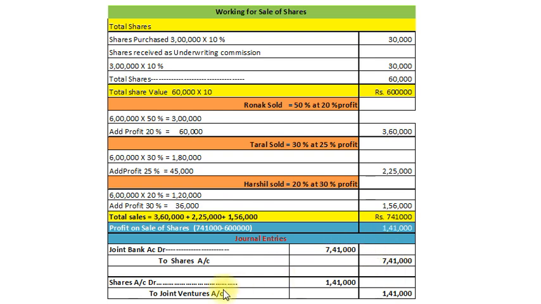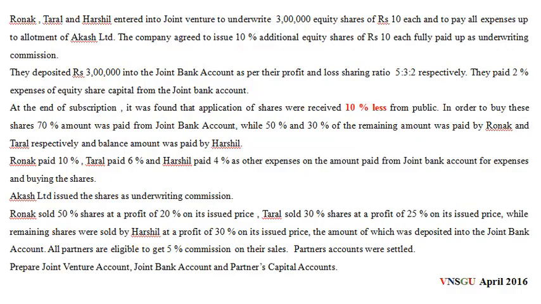And for profit we will pass second entry, shares account debit 1 lakh 41,000 to joint venture account rupees 1 lakh 41,000. Dear students, this working is very important to record for joint venture. First of all, 7 lakh 41,000 will be recorded in joint bank account on debit side, and only profit part will be recorded in joint venture account. Okay, now next